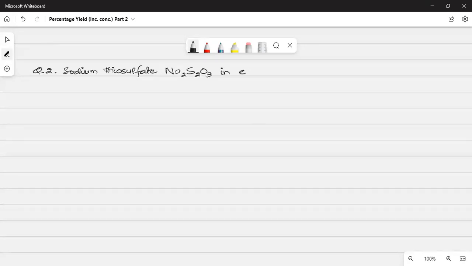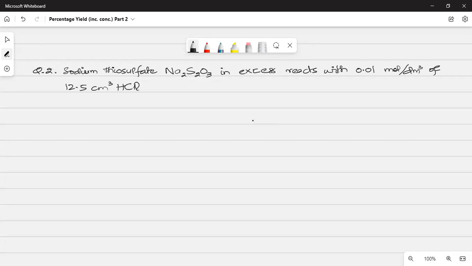In excess, it reacts with 12.5 cubic centimeter of 0.01 mole per decimeter cube of HCl as